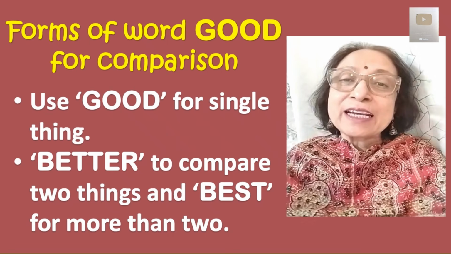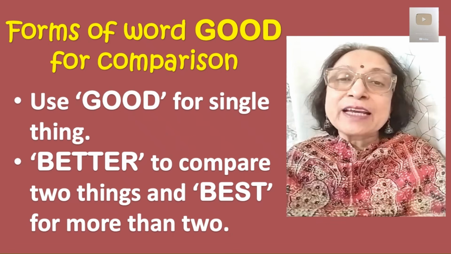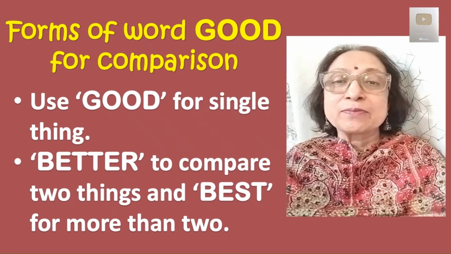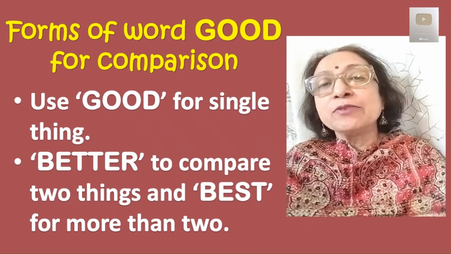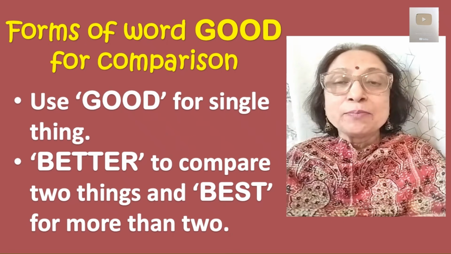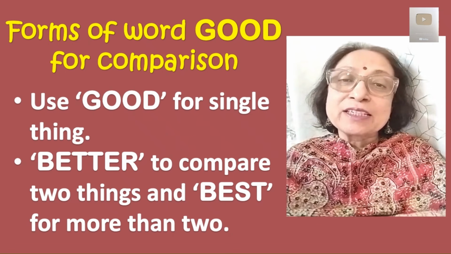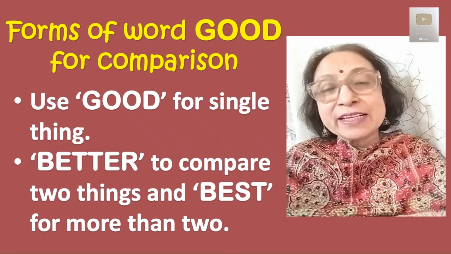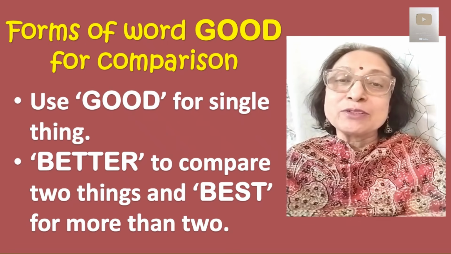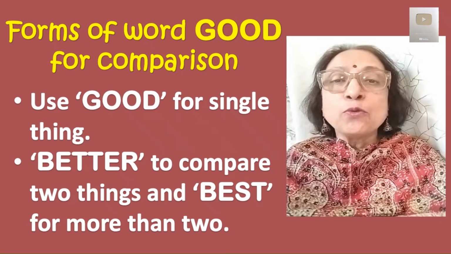Now let us also take the opposite of good, and that is bad. We can say, we had bad weather this week. So you are talking about one weather, and that is bad weather the entire week. But suppose you want to talk about weather on a daily basis. You can say, today's weather is worse than yesterday's weather. So now there are two comparisons, yesterday and today. So you use the word worse,